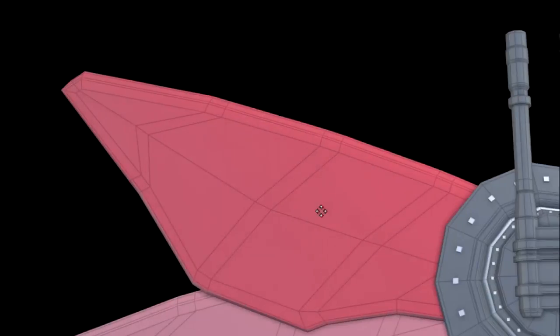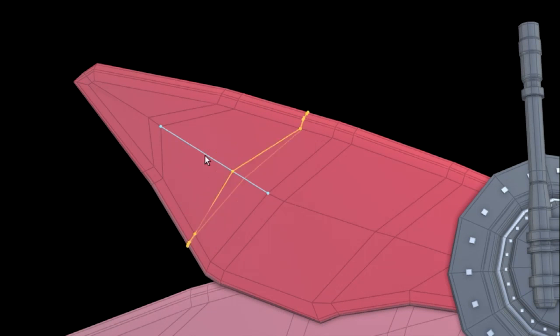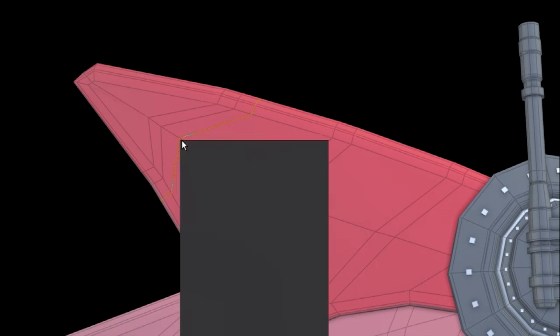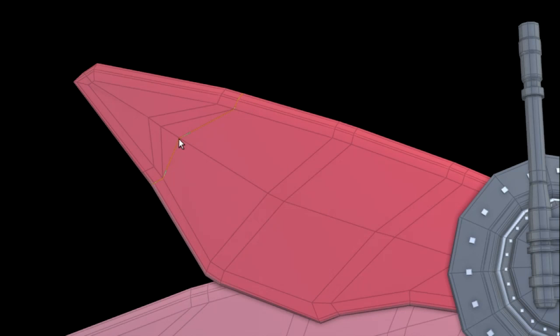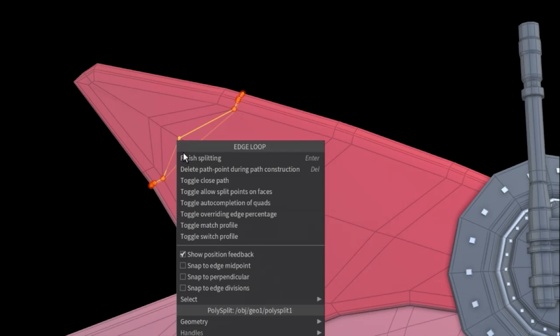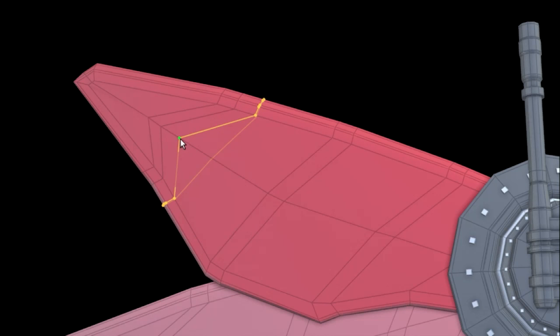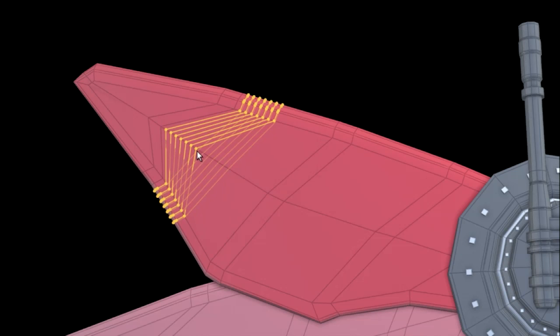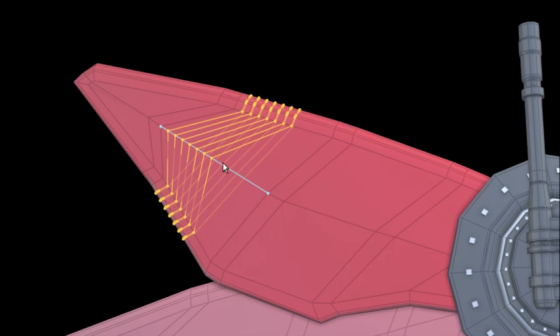Another tool that we've actually just added some improvements to is polysplit. And this is very commonly used in modeling to do with things like edge loops. Typically what you get is something like this, where the edge doesn't line up to the edges on either side. But now with the new match profile tool, you can see we can actually make the edge loop match the closest edge, so you get a perfectly parallel edge to what you're doing,